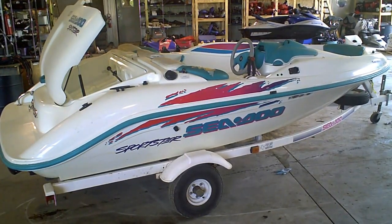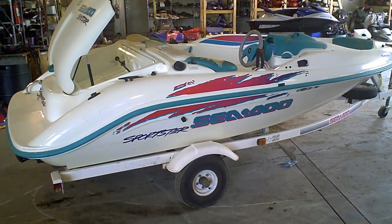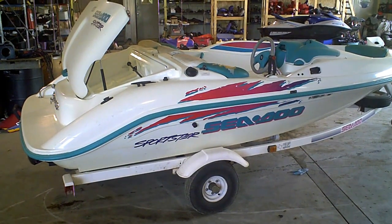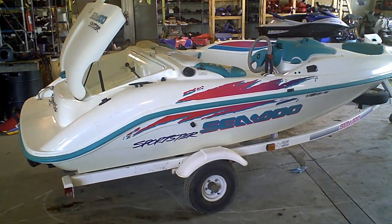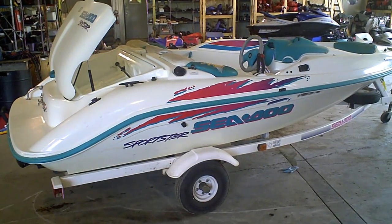Here we have a 1995 Sea-Doo Sportster jet boat. Right now it has a bad engine, so we're going to tear this jet boat down into parts and list the parts on eBay. If you need parts for a machine like this, give us a call at